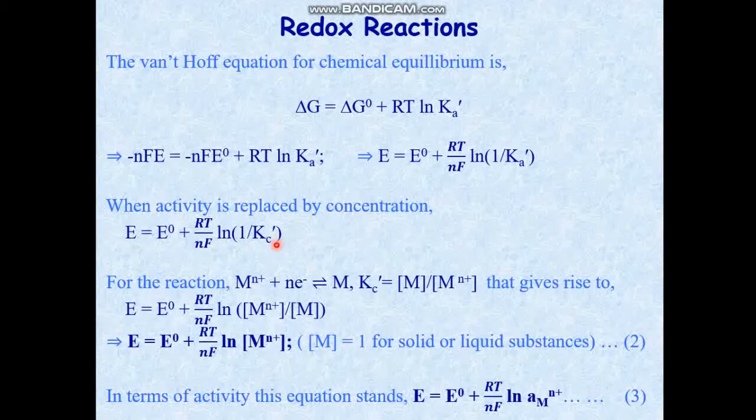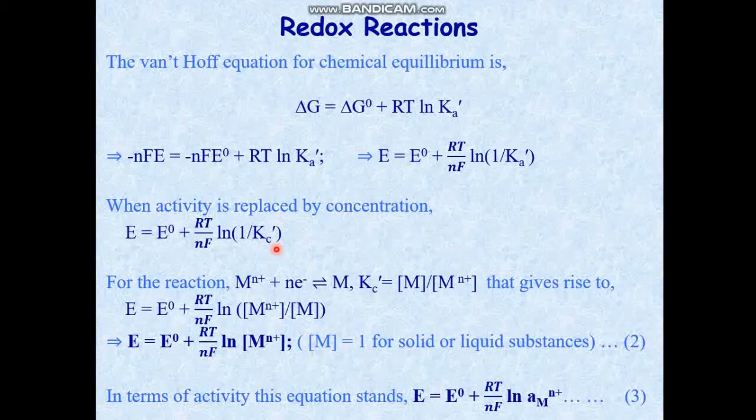Now we recap the reduction equation: the metal cation plus electron equal to the neutral metal. For this reduction equation, the ratio of the concentration of the product over the reactants, that is the active mass of the product and the reactant, can be written as active mass of M over active mass of the metal cation. So if Kc dash is replaced by this term, active mass of the metal over the active mass of the metal cation, then here